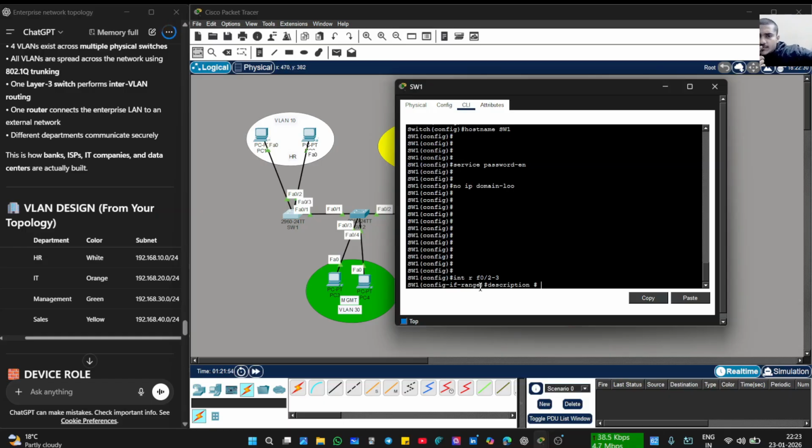We can do it this way, like F0/2 with the PC1, and F0/